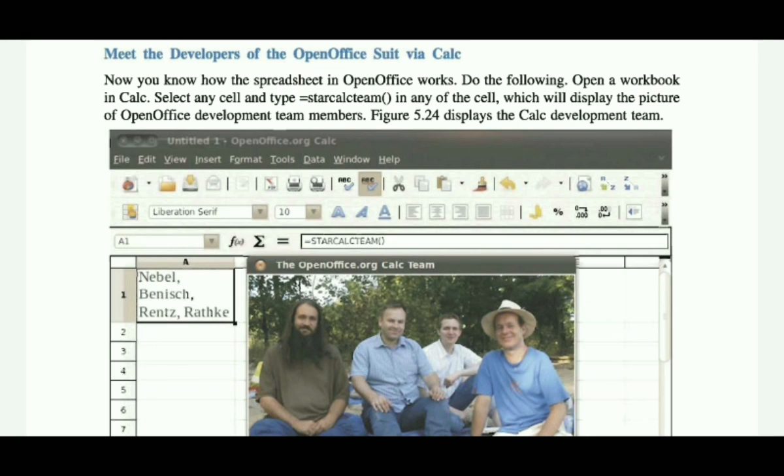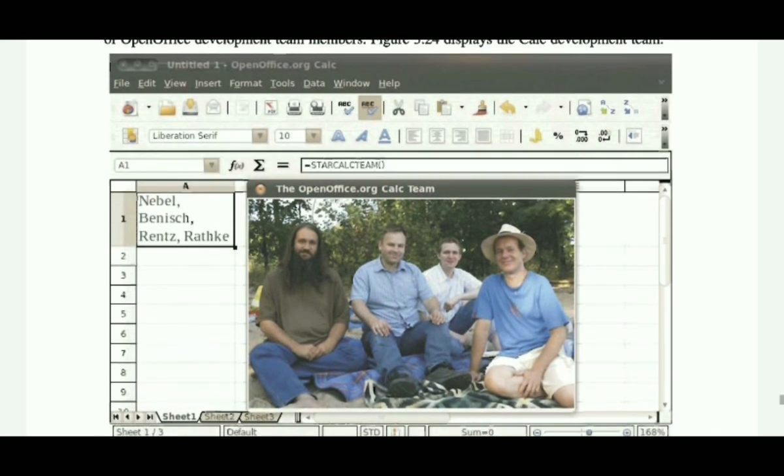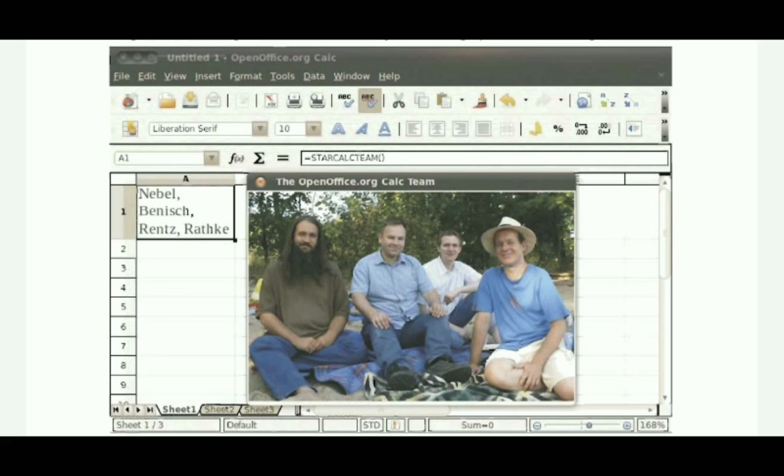Whenever you type this function, it will show you the image. These are the developers of Calc. So remember students, the function to see the image of the Calc developer team is the star Calc team function. The way we use the rest of the functions, you have to use this function in the same way.